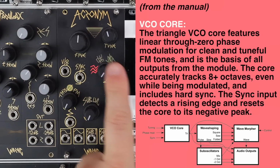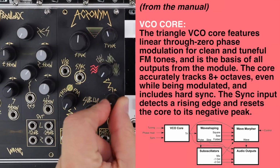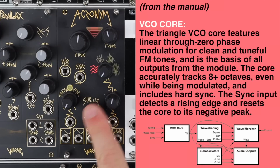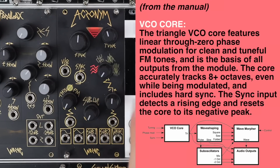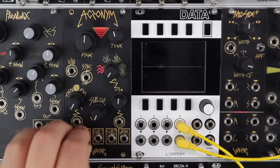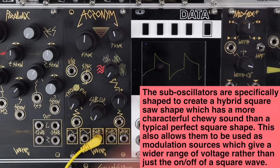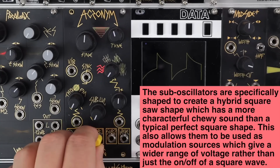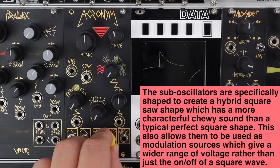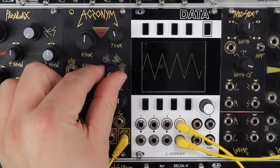And then we have this wave morphing section where we can morph between waves manually, CV modulate with an attenuverter, and we can blend a sub into this wave morphing as well. We have a sine wave output, which is always just a sine, a triangle. Sub 1 is down 1 octave from the main tuning, and it's this hybrid saw square style wave that you'd find on, say, a TB303. Sub 2, 2 octaves lower,